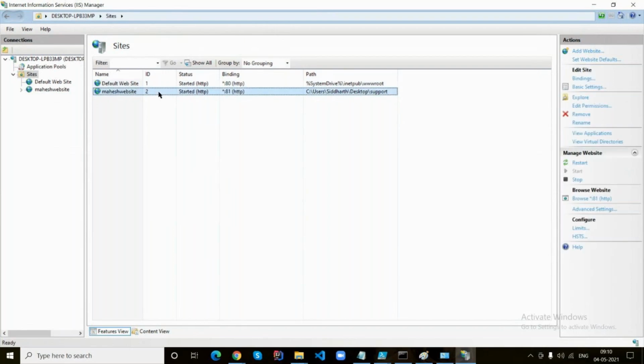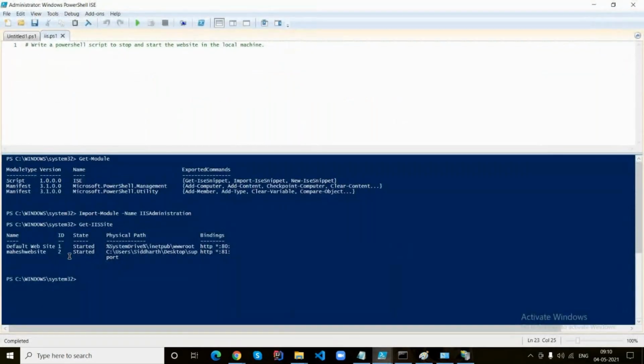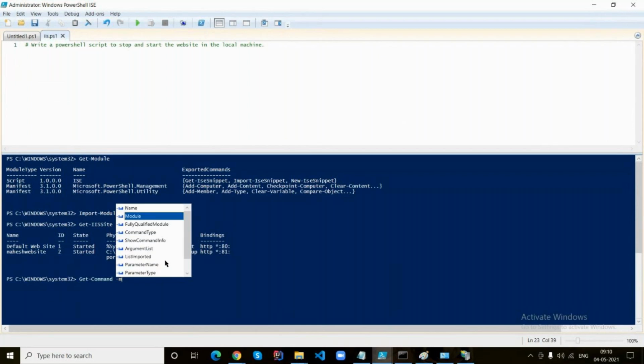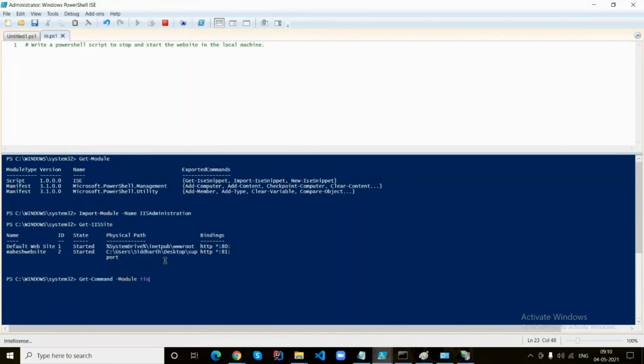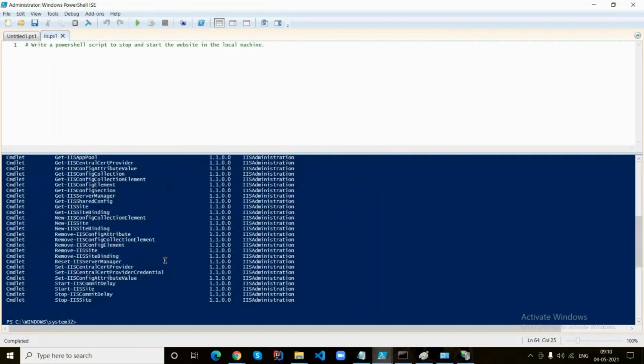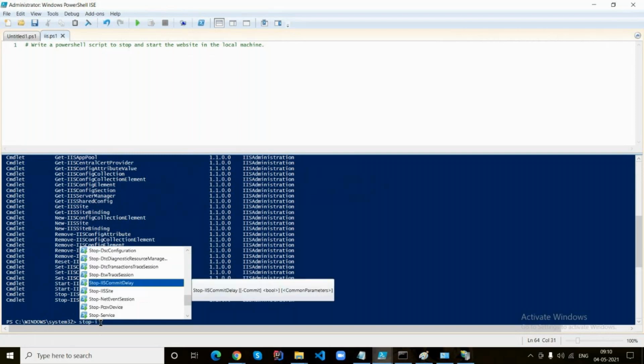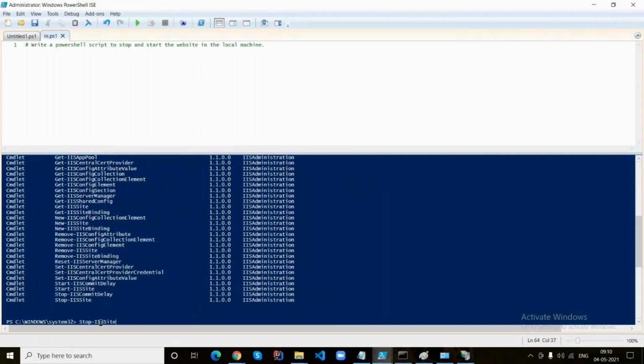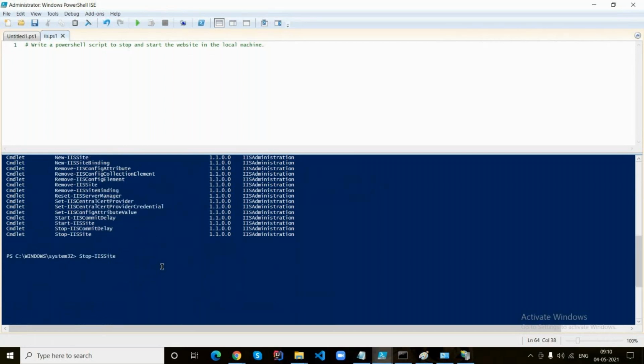Go to the PowerShell console, please. Now list out the commandlets and identify which commandlet is suitable for our desired operation, like stopping the website. So now identify the keywords like stop, and we are going to stop the website, so we need to pick site in the noun. We have only one commandlet to stop with those parameters matching. That commandlet is called Stop-IISSite.